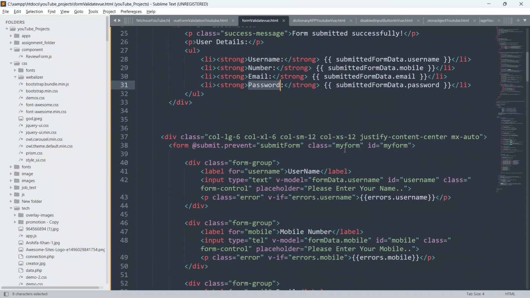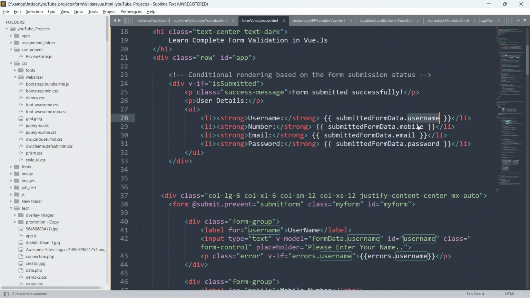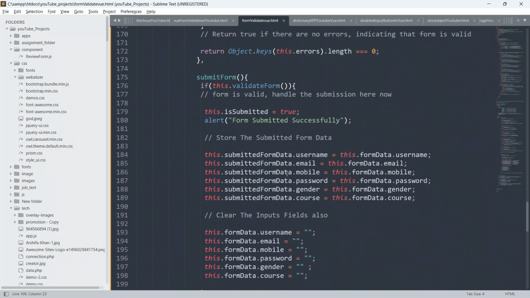And guys, I am taking here submittedFormData.username. Okay, so as you can see here, this submittedFormData.username will be the username, because I have already told you, I have already stored inside this submittedFormData that this.username equals this.formData.username. So whatever the user will enter inside the username field, it will come into this submittedFormData object.